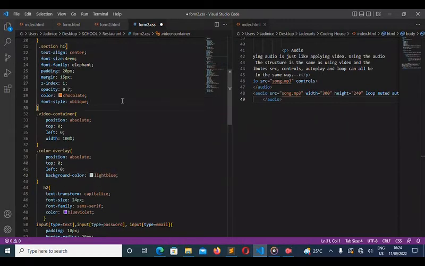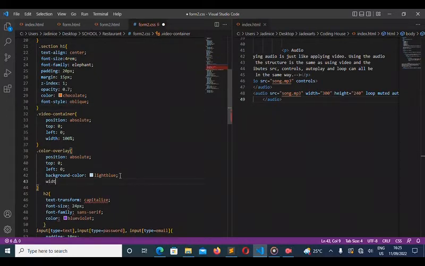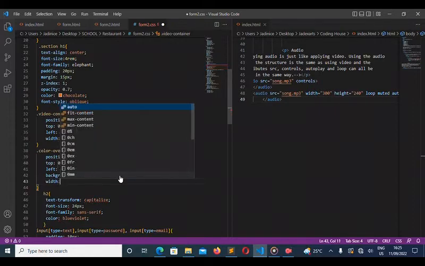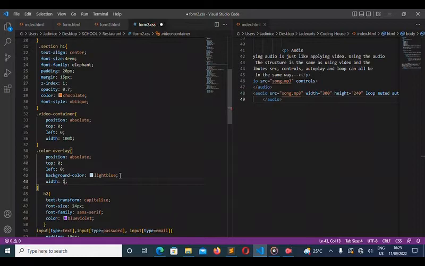And then the width would be 0.333. Yeah, let's make it that. Save.